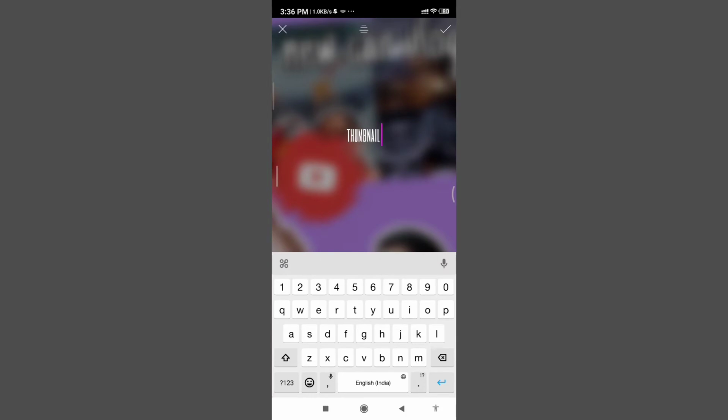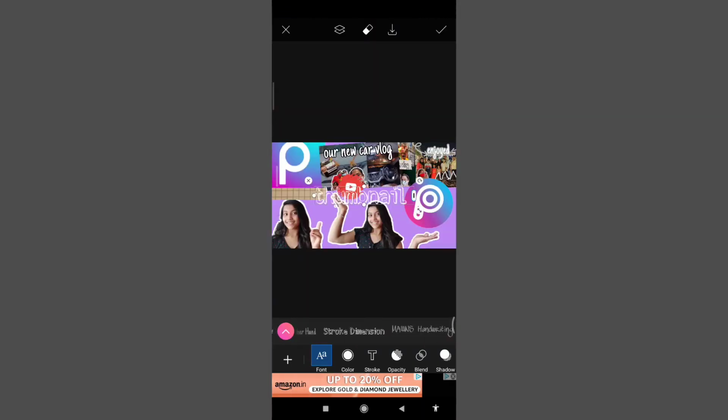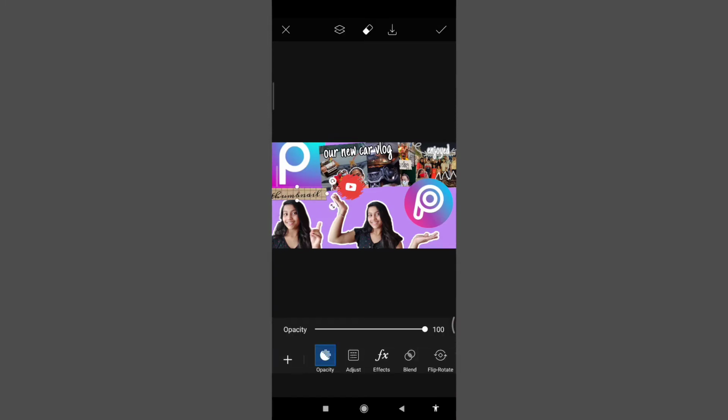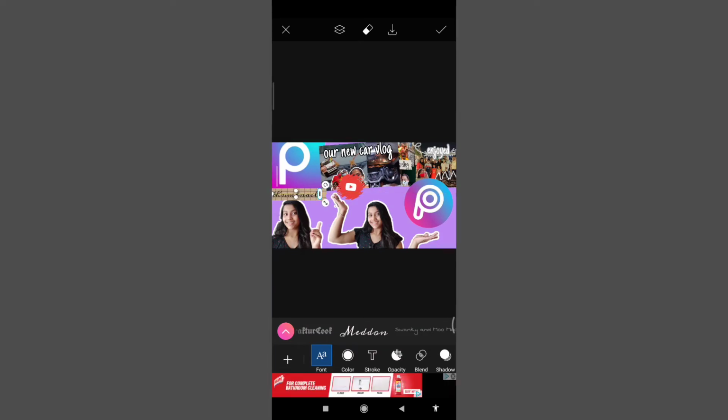You don't need to buy the fonts either. You can select the font you like. I have selected this one. You can add stroke, color, gradient, texture to it, and even blend it, or you can add the shadow to it, something like this. If you don't need it, you don't have to do this.